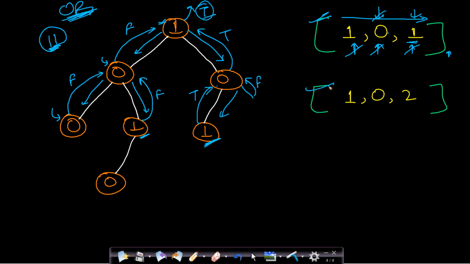Now if we process the second case, which is 102, then we will be starting at this one. We will go to this 0. Now 0 will be matched and then we will again make a left call. This 0 is not equal to this 2. So this will return false. And again when we are at this 0, we will make a right call. Now when we make a right call, this 1 and this 2 are not equal. So this will also return false. Now when we are at this 0, this will take logical OR of false and false and will return false to this